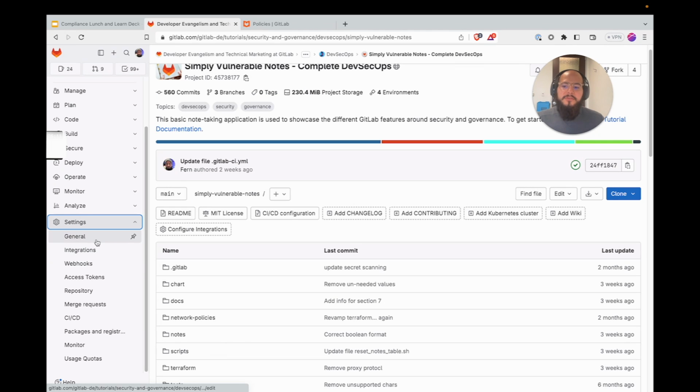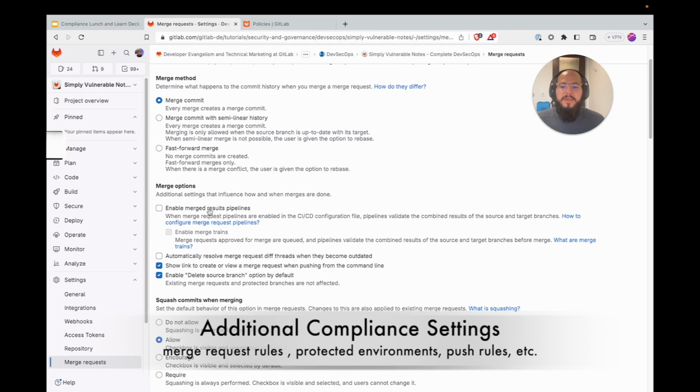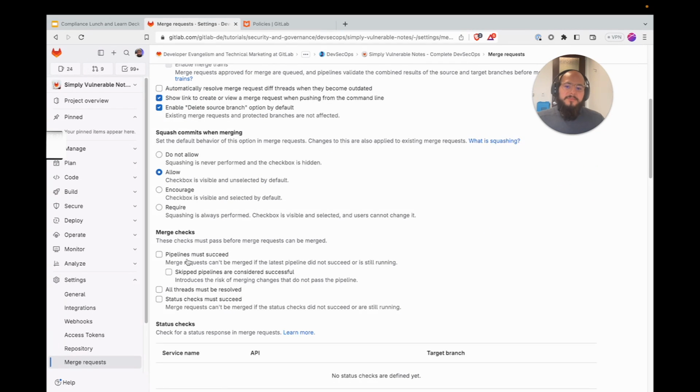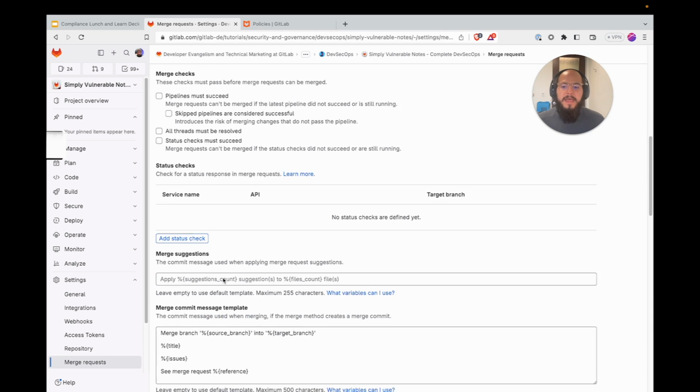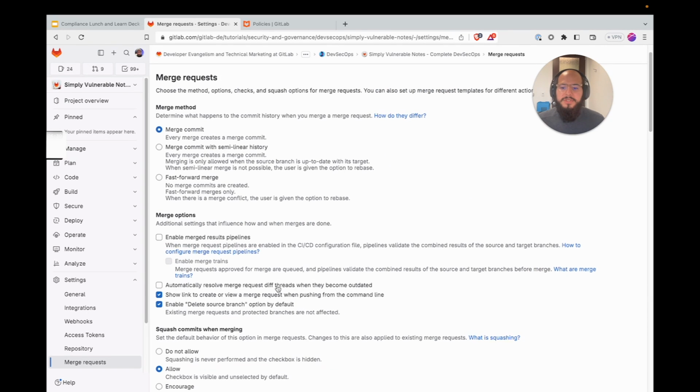So in each project, you have different settings that you can apply to the merge requests, such as merge checks, where pipelines must succeed, all threads must be resolved, status checks must succeed. So you add additional requirements before you allow things to be merged.